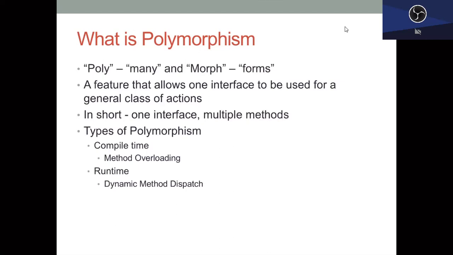So this example that I gave you, adding either two integers or two doubles or two strings or even two objects, can be implemented through the concept of method overloading. Inside a particular class, I may have multiple methods having the same name but different number and type of arguments. Based on the type of argument that is given, the different methods will get executed. And this is known as compile time polymorphism.